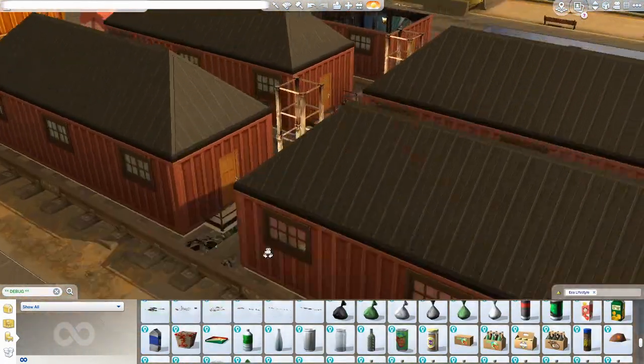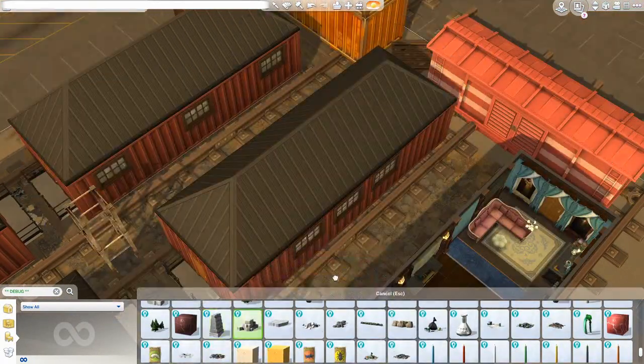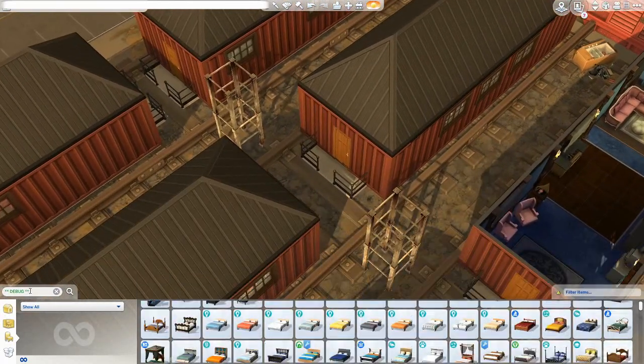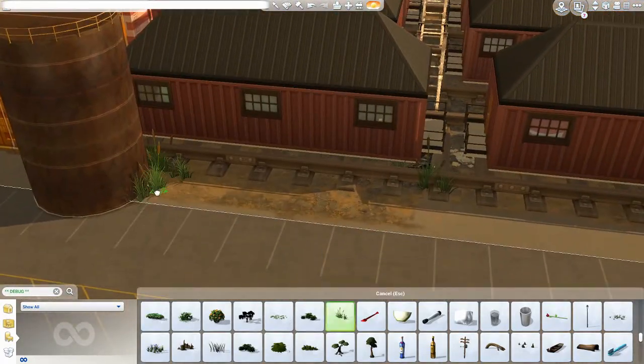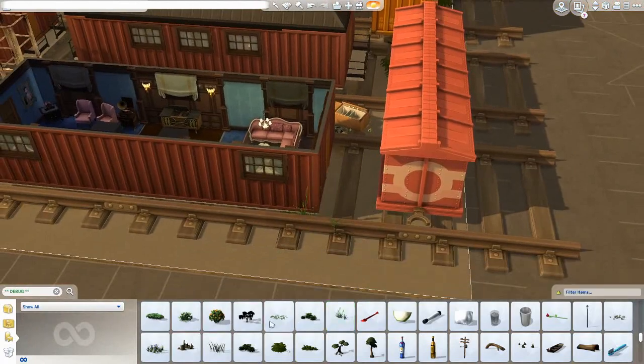Just adding a couple of final touches here by putting trash around the place, giving some overgrown plants. There's a couple extra train cars and cargo containers and just industrial looking things around all of the trains, just to make it look a little bit more realistic and like it's been here for a very long time. And we're moving on to the